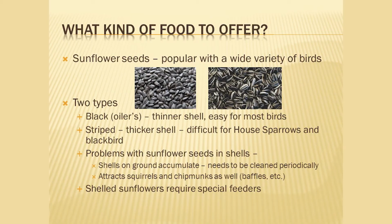Okay, what kind of foods to offer? Sunflower seeds are very popular with a wide variety of birds. And there are two types. Black or oilers is a thinner shelled, which is easy for most birds to take and get the seed out of. The striped sunflower seeds have a thicker shell, and these are a little more difficult for birds like house sparrows and blackbirds